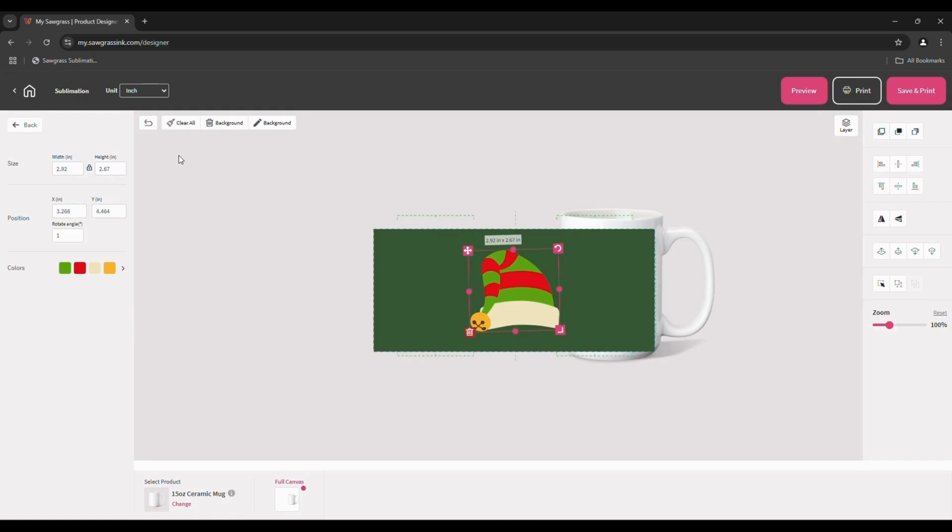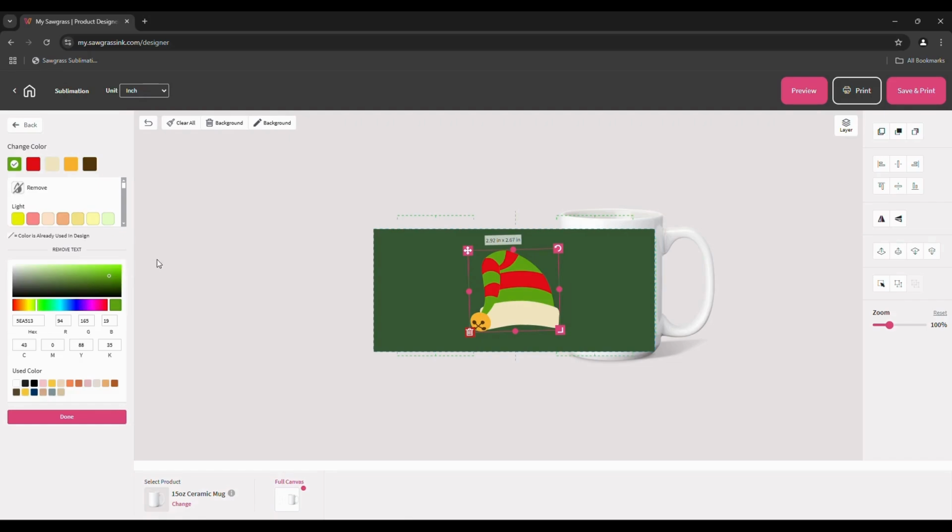Here on the left-hand side, there's even more precise sizing tools and precise positioning tools that are available. But one really nice feature of the graphics here within the design program is the ability to customize the colors of the graphic itself. If you have something like this hat, for example, on your project, but you want to adjust one of the colors within the hat itself, you can come right here, choose the appropriate color that you'd like to adjust, and then explore all the different color options that are available,